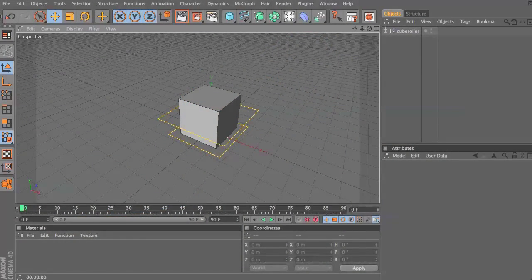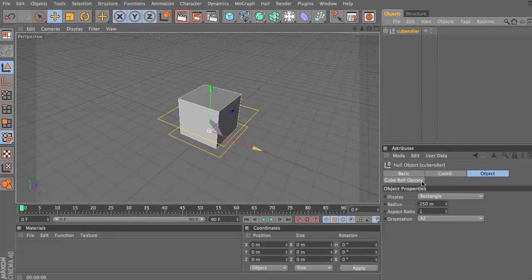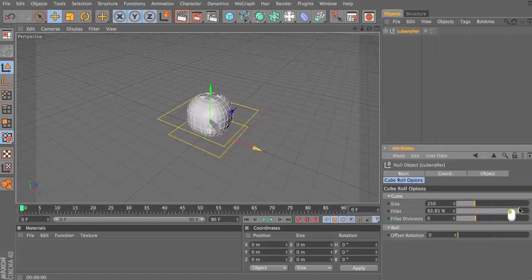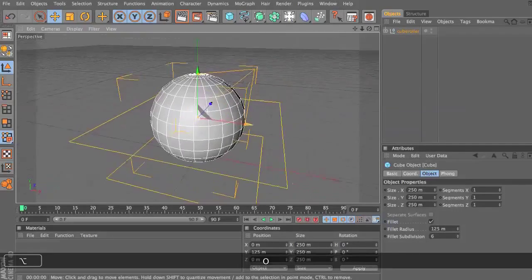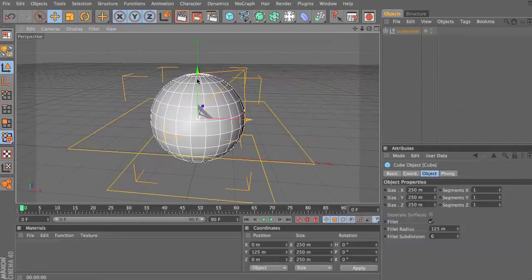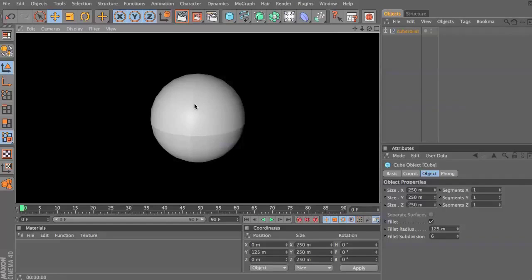So as a little bonus effect for this, it's also going to let you roll a complete sphere. If I crank up the fillet edge to 100%, it's going to completely remove the flat edge between the curved edges. But the problem with that is because there's still going to be 2 points down this edge here, you're going to get a hard edge in your render. I'm still new to Cinema, so I'm not sure how to get rid of that on one of these parametric objects. So the way I would do it is